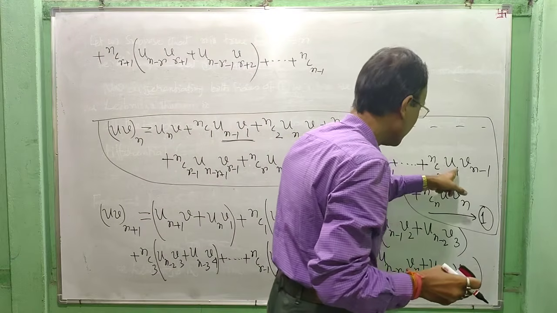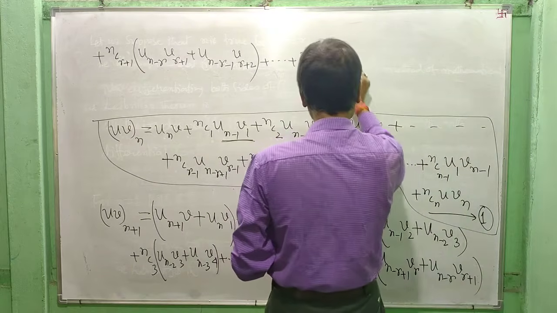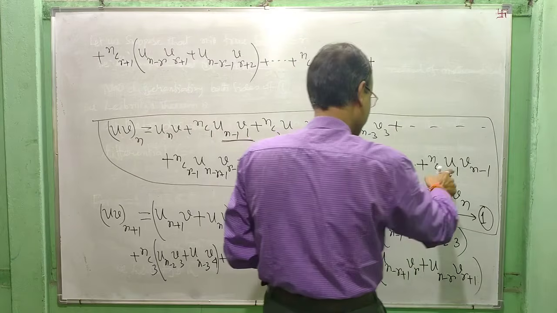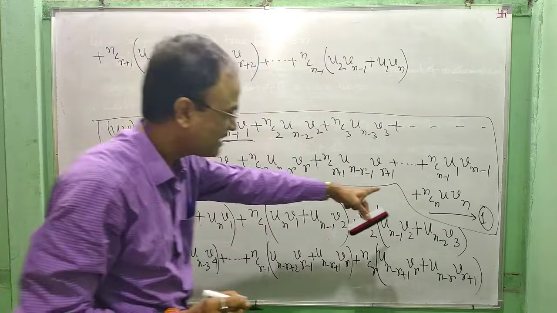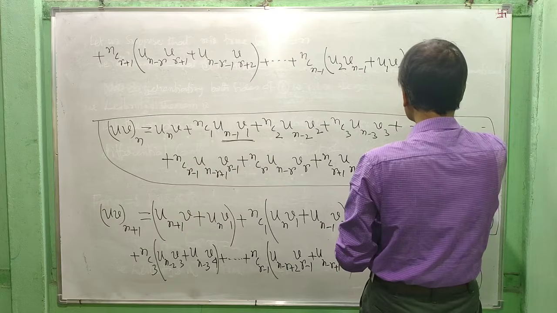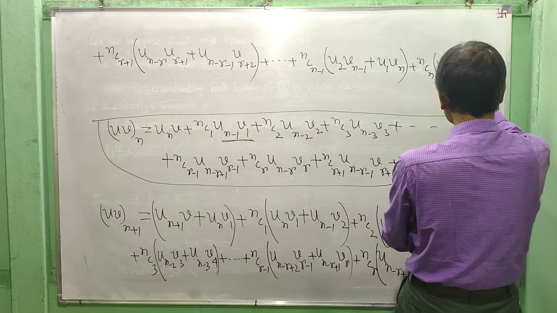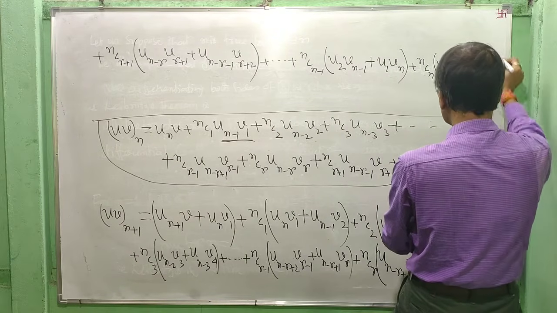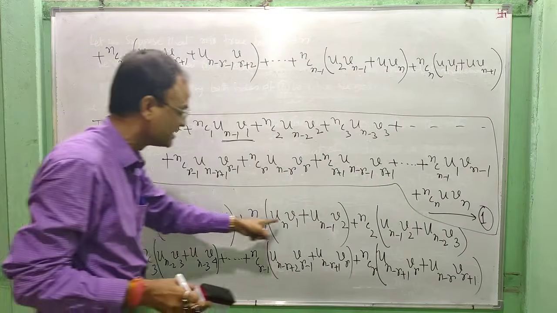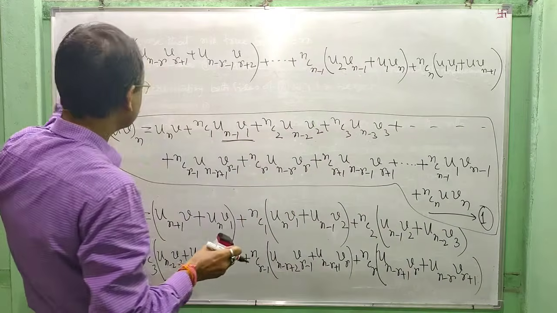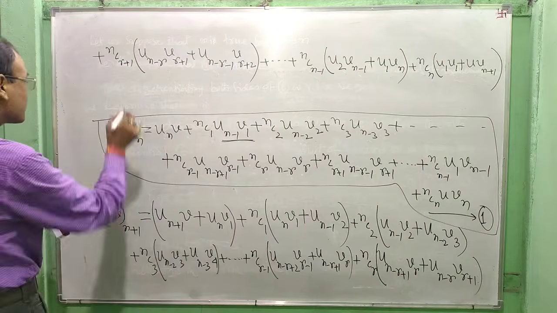Here differentiate this into u v(n-1) plus u1 vn, plus nCn, u1 vn plus u v(n+1). This is equal to this, and it stops at this. This can be written as,